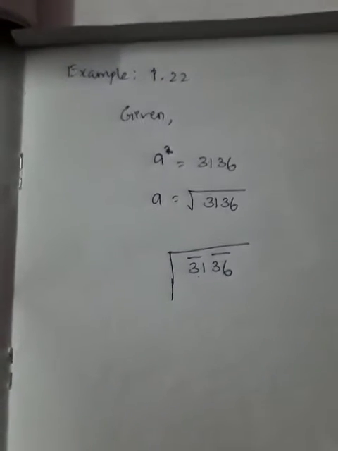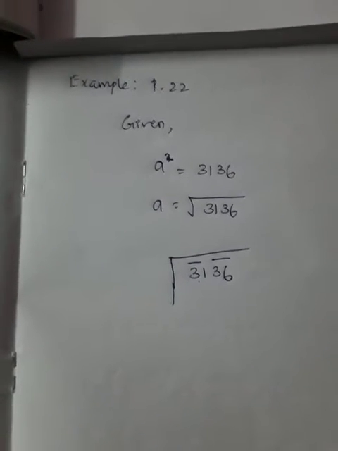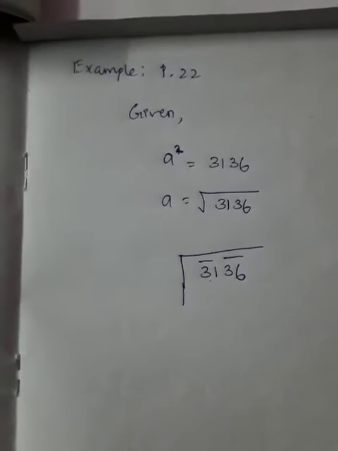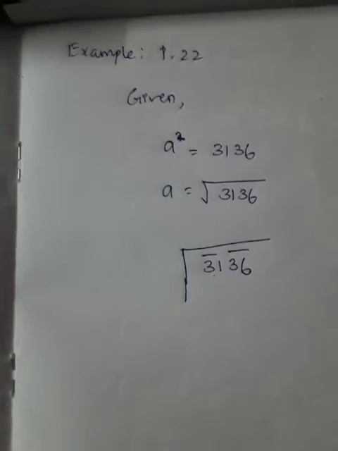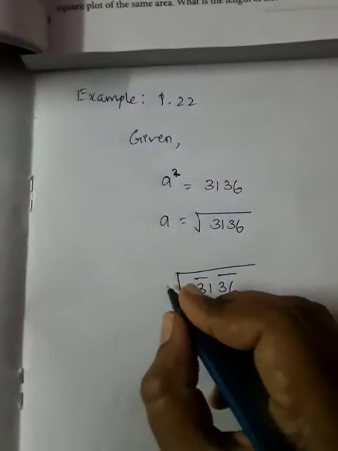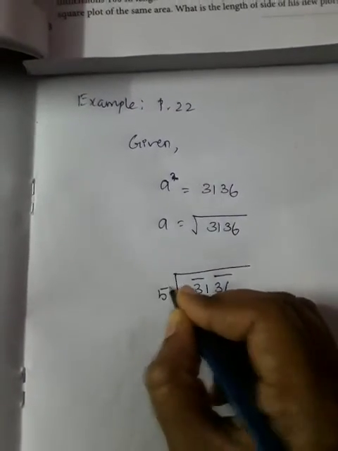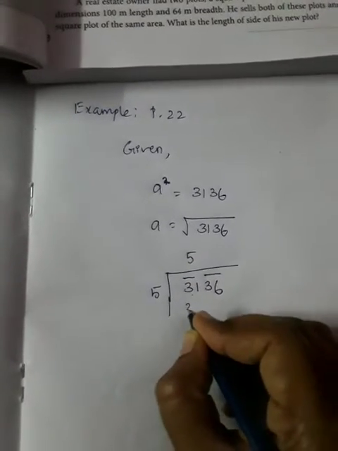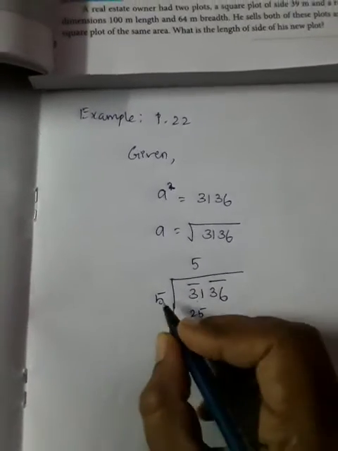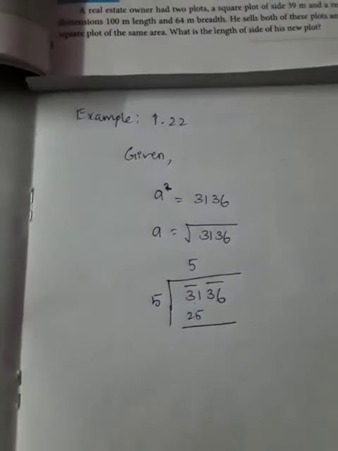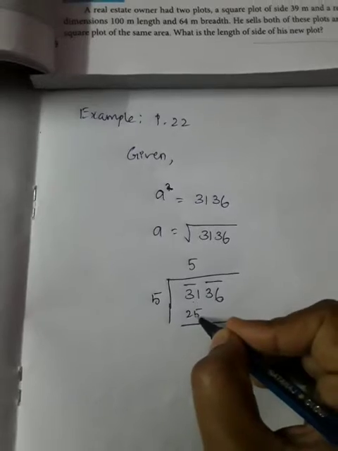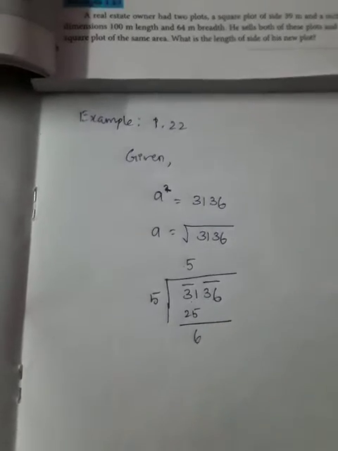You just think about the numbers below 31. What are all the square numbers there? 5 5s are 25. As I said before, you have to use only the square numbers. So if you are writing 5 here, here also write 5, 5 5s are 25. You want to use only the square number, that's why we have chosen like this. Then as usual start subtraction. 31 minus 25 is equal to 6.